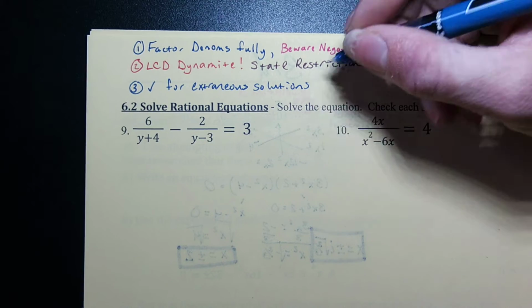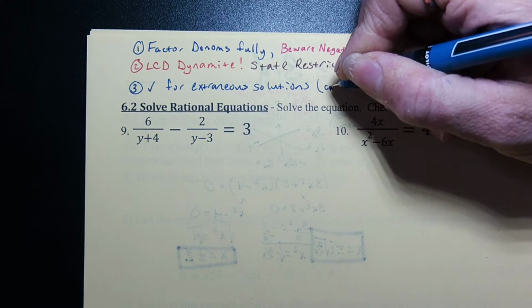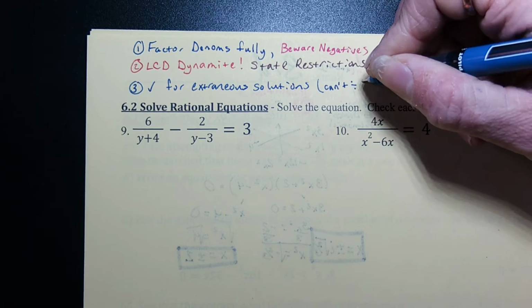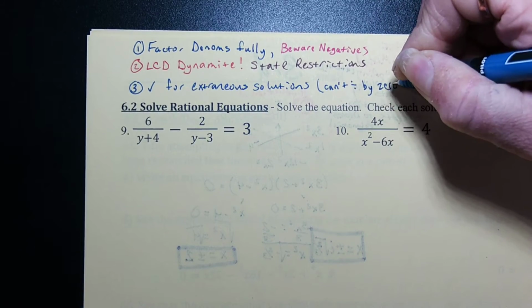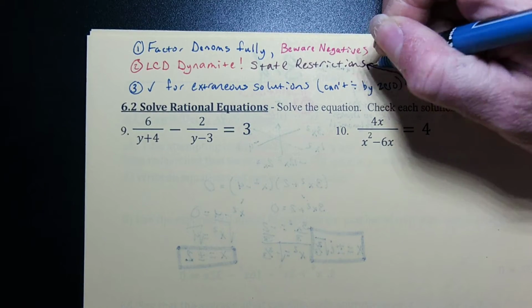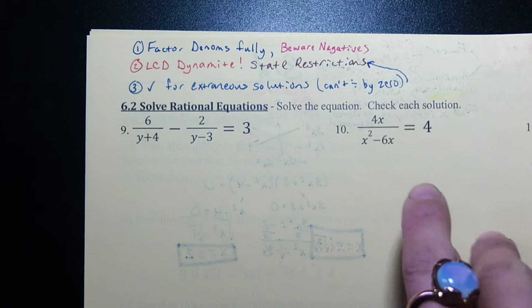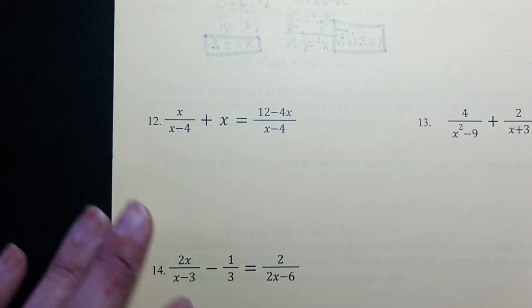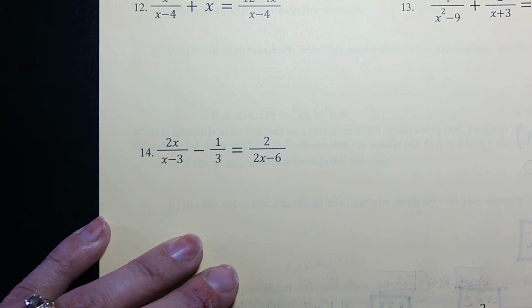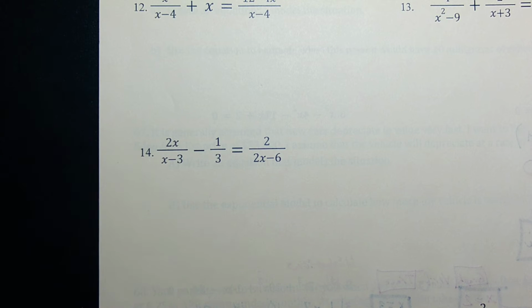And folks, for checking for extraneous solutions, just put you can't divide by 0. And we check those against our restrictions. So we're going to start with number 14, going through those steps. If I told you to factor those denominators fully,